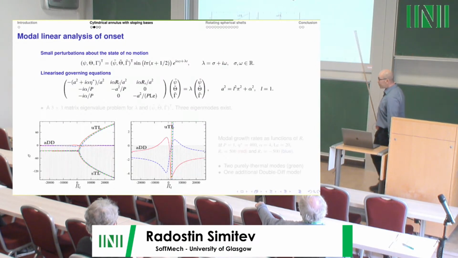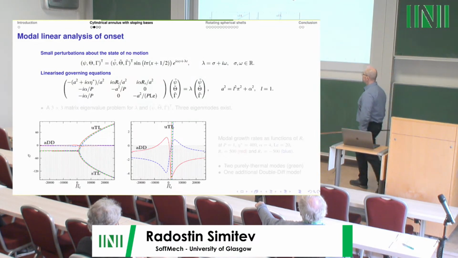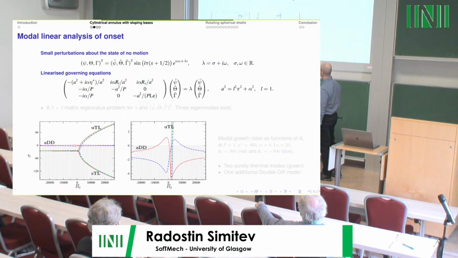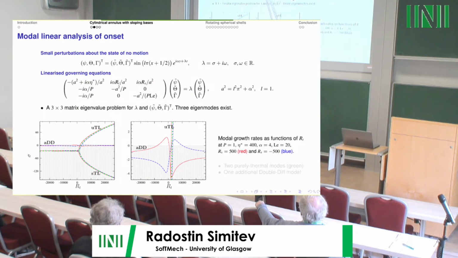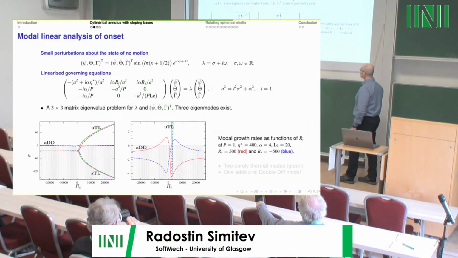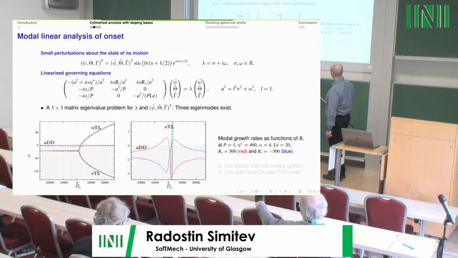And to map the region of instability in the parameter space, the simplest thing that one could probably do is to consider linear stability analysis in normal modes. So we make the usual Fourier ansatz. And when we linearize the equations, we have a 3x3 matrix eigenvalue problem for the complex eigenvalue and for the eigenmodes. And so this has 3 eigenmodes, because it's 3x3, which I have plotted here as a function of the